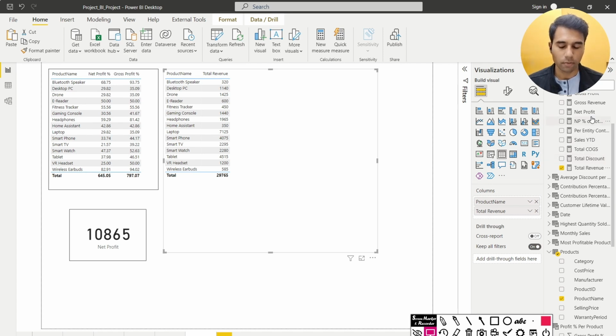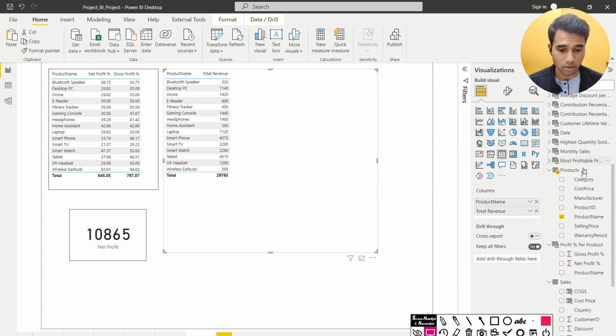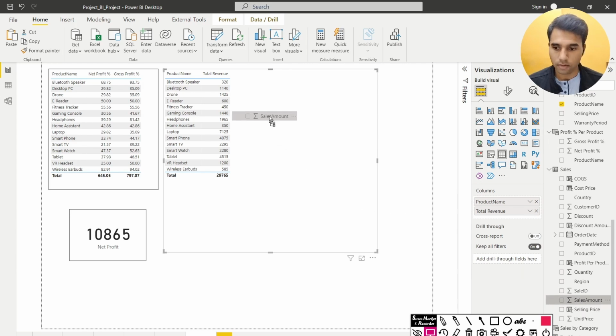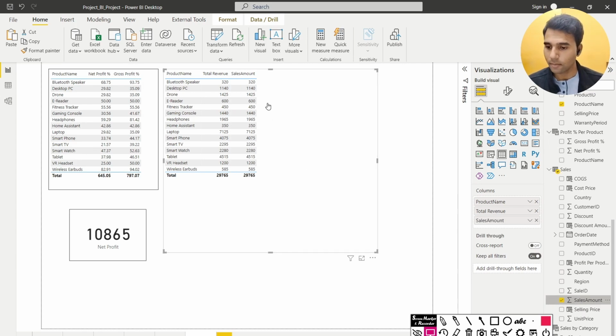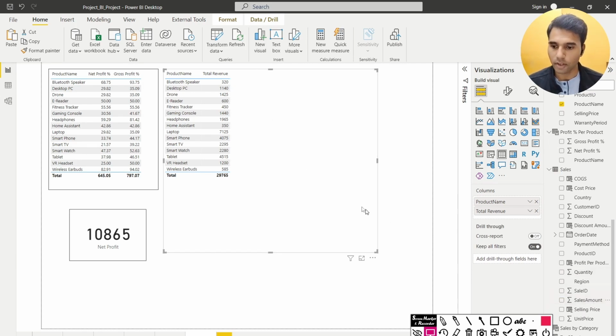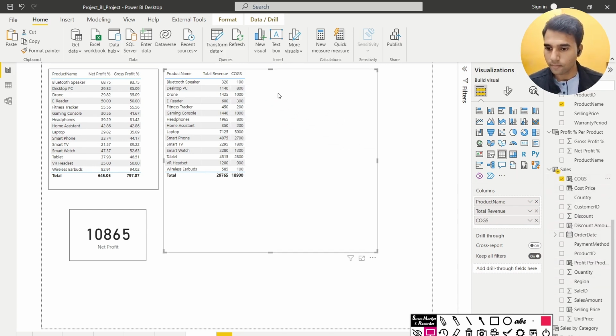But how do I get the net profit? Net profit is the difference between the sales amount and my COGS. So let's just pull the sales amount here. Sales amount and total revenue is essentially the same thing. I don't need this. So let's take a look at the COGS. So the COGS is 100, and